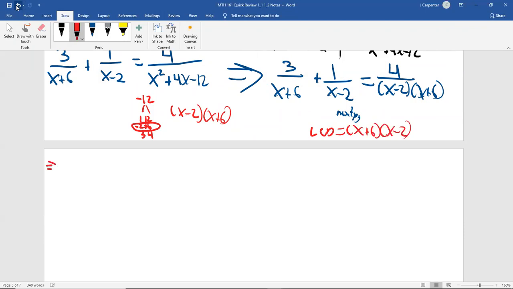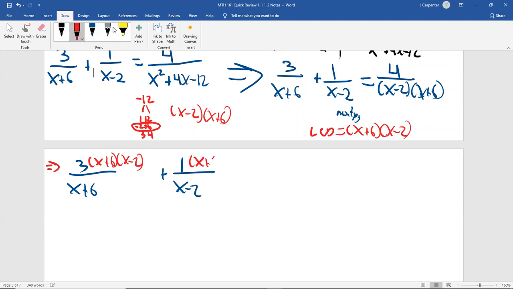So what we get, the LCD multiplies by the 3, the 1, and the 4. It goes into the tops of everything, or if it's a whole number, just the whole number. So blue, here's my 3 over x plus 6. And we're going to give the 3 the x plus 6 and the x minus 2. This is exactly what we were doing before when we multiplied those 12s. We were multiplying to the tops. I was putting them in front of the numbers before, but because these are variables, it makes sense to do them after. Plus 1 over x minus 2